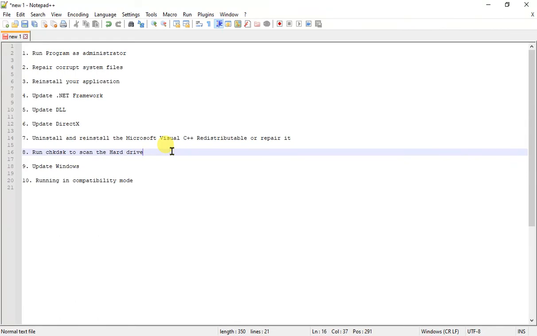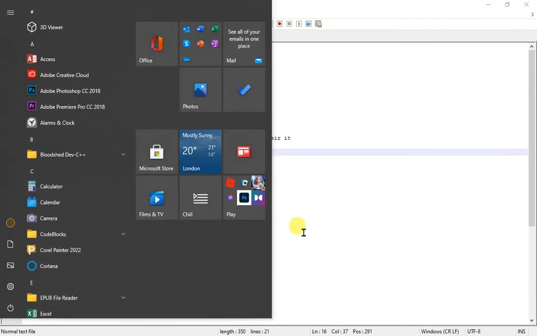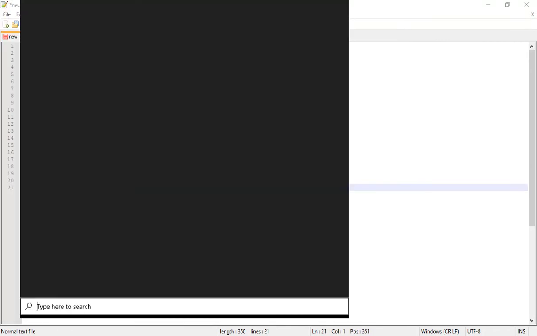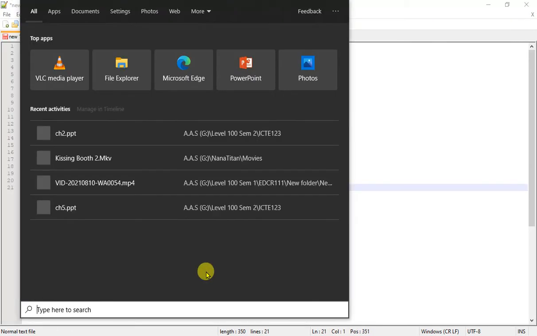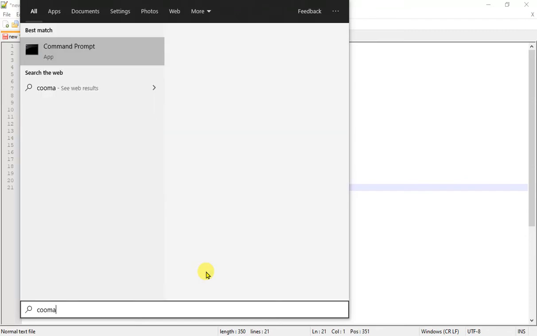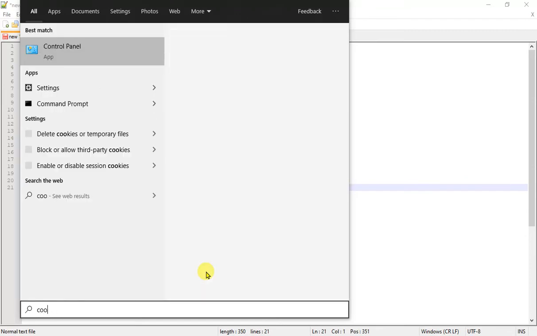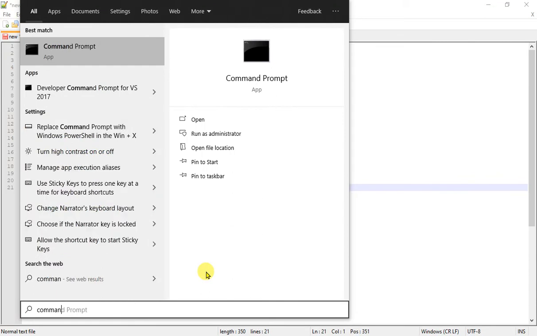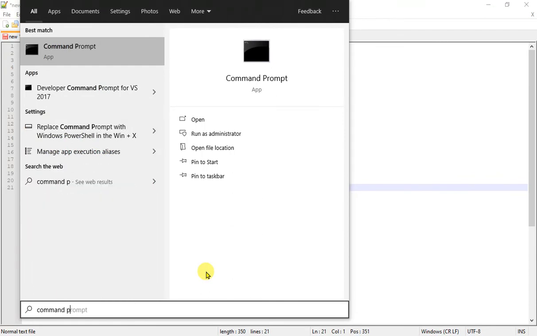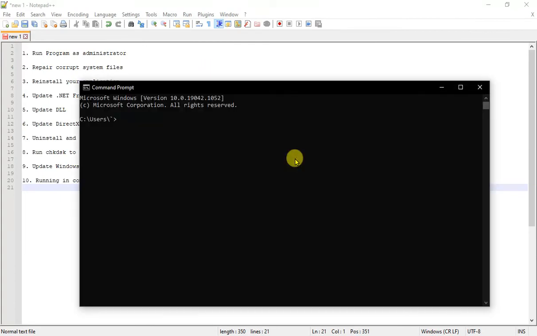So how do you run the command to scan the hard drive? You come to the search button or you click on the start menu. You click on the start your search button and then you type command prompt. You click on the command prompt, then you launch it. Now when you launch the command prompt, you move on to type